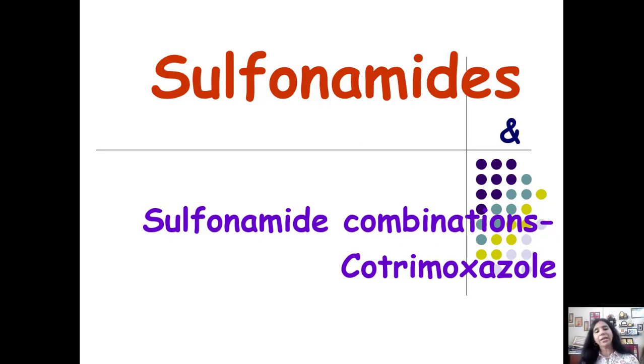That part has to wait until you have the knowledge of the specific antimicrobial agents, because unless you have that knowledge, you will not be able to understand part 2 of the antimicrobial principles. So the next 4 to 5 sessions are going to deal with specific antimicrobial agents, and to begin with we are going to talk about the sulfonamides and sulfonamide combinations, co-trimoxazole.